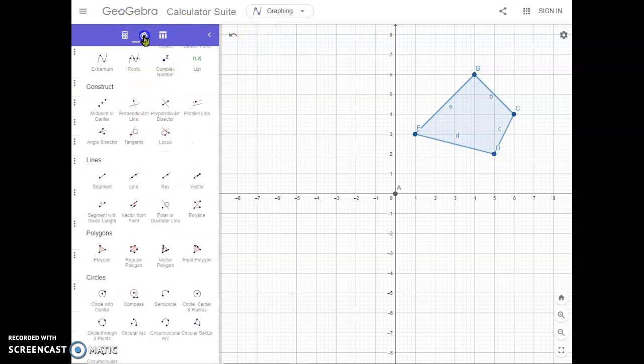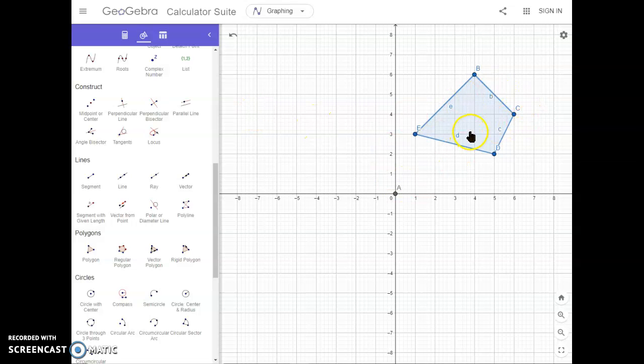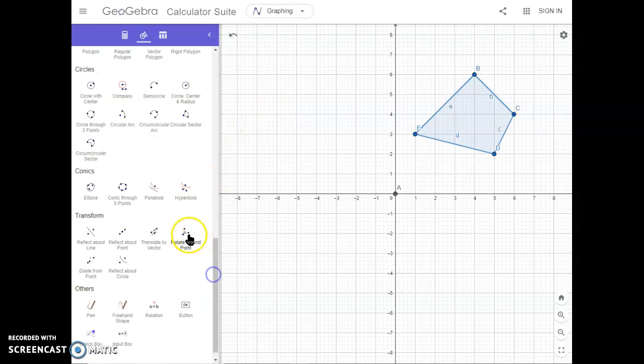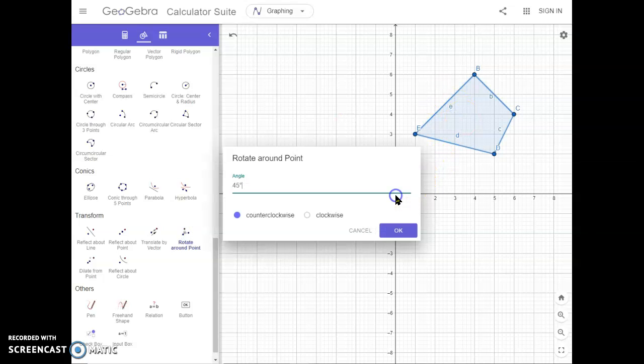Integer points. Now to rotate this 90 degrees, positive 90 degrees from quadrant 1 to quadrant 2, or counterclockwise 90 degrees, we'll go ahead and grab transformations, rotate about a point, click the object, click the point, tell it we want to go counterclockwise 90 degrees,